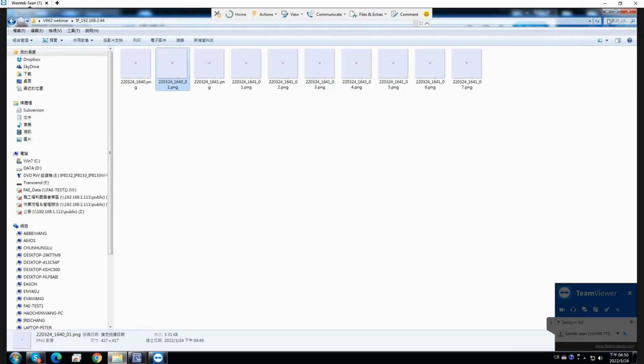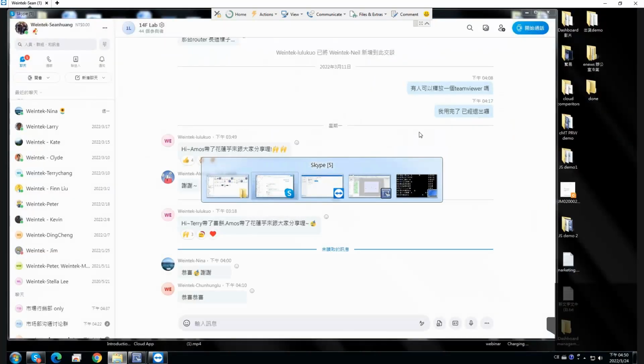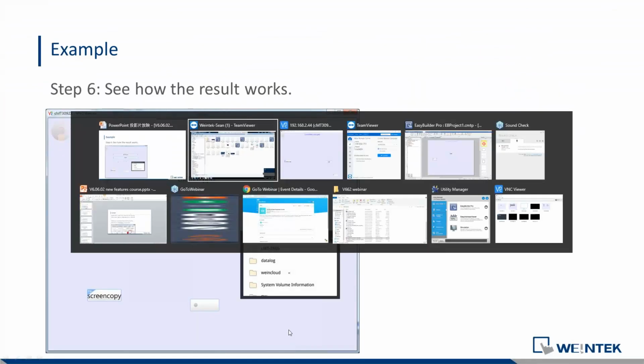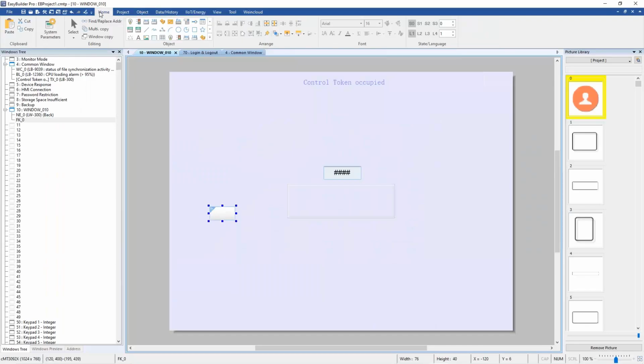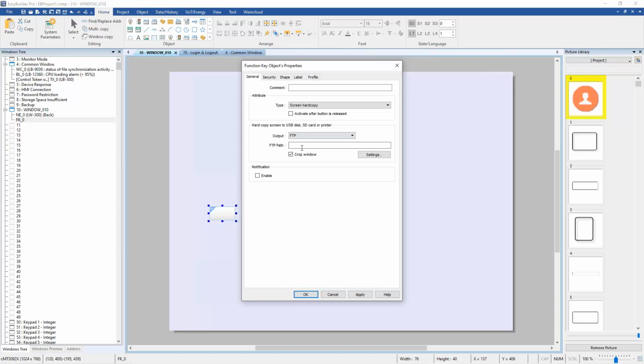Okay, so I'm going to explain about the root folder here. In the FTP server, I set this folder, V6.06.02 webinar, as the root folder. So in EasyBuilder Pro, we go back to the function key here, the FTP path. Because I saved the screenshot to the root folder directly,